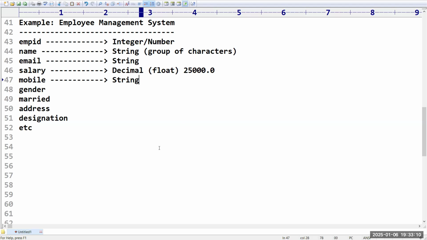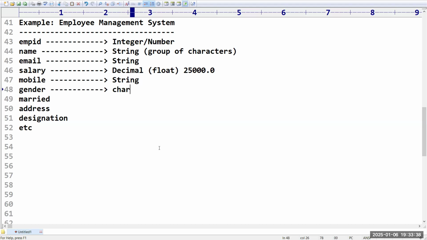Are you doing any arithmetic operations with a mobile number, like addition or subtraction? No, right? So it is used mainly for search operations. If I want to search for any employee, like by ID, then mobile number and email ID are going to act like a primary key. By using that we can easily search. That's why it is a string type. Don't worry, I will cover this in detail in regular expressions.